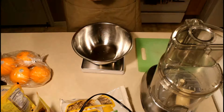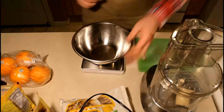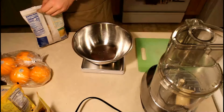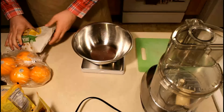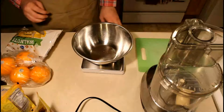If you have it, it is just equal parts anise seeds, fennel, cinnamon, cloves, and pepper. So that's all you need for that. If you can't find it, you can get it online, or you can combine those and then measure out what you need. So for this, we need 4.5 ounces or a cup of